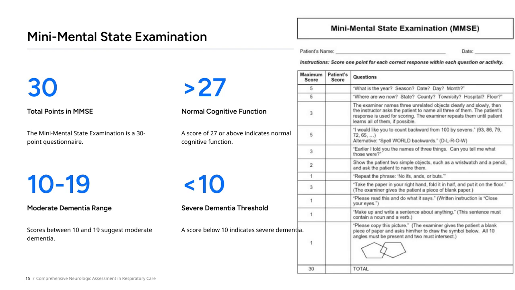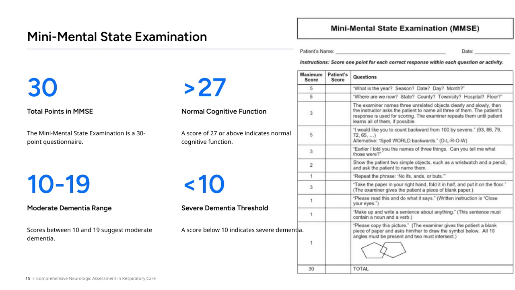First, when we talk about severe dementia, a score below 10 suggests significant cognitive decline. That's an important threshold because it indicates a profound impairment that requires careful management. Next, scores between 10 and 19 are indicative of moderate dementia. This range tells us that the patient has noticeable cognitive challenges, but they may still retain some function and